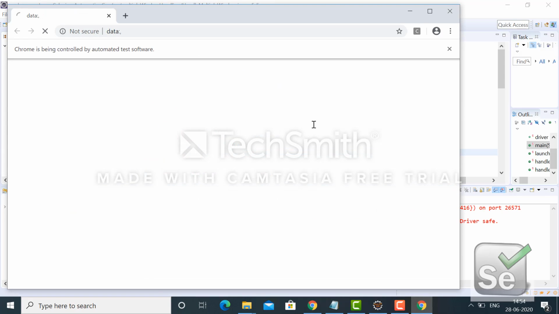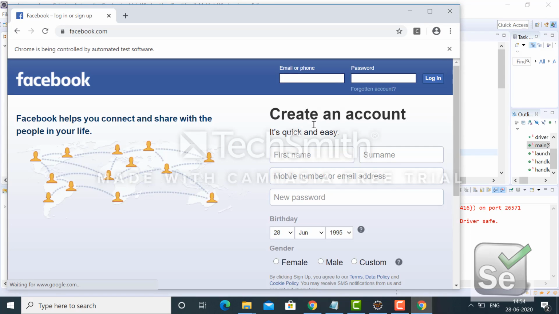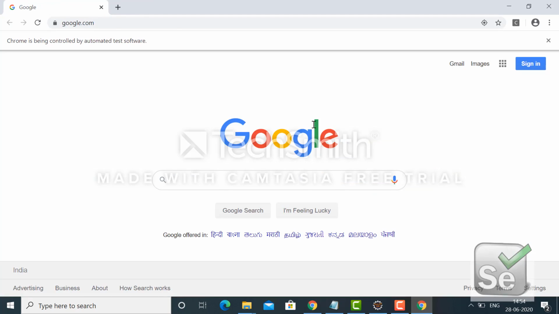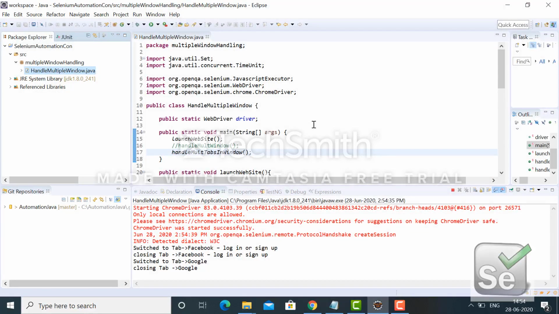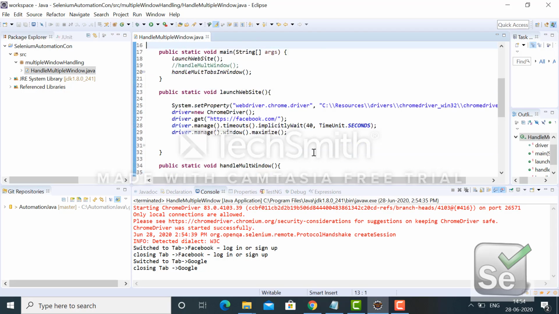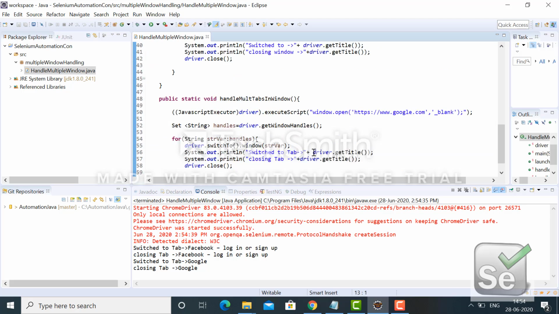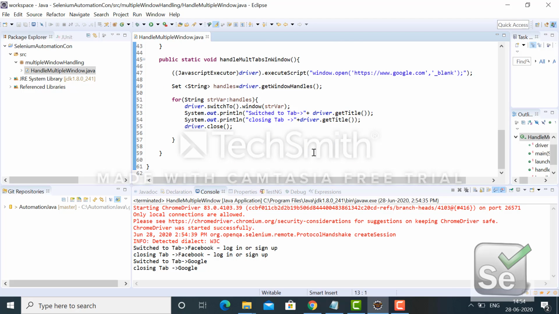So it will first open facebook.com, then create one tab and open Google, and then switch one by one and close them.